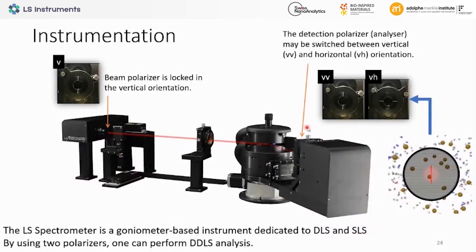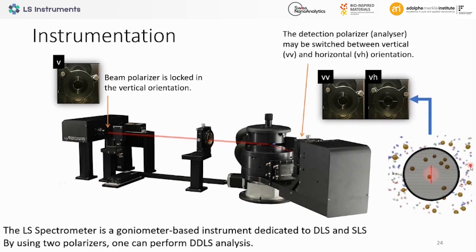Okay, so how do we do this? Again, we go back, right? This is basically the layout of the instrument. This should be a VV here, so not WV, but 2 times V. I forgot to put it there, I'm sorry for that. But anyway, what matters here is this polarizer in front of the detector. We just flip it, turn it 90 degrees, and right away we filter out